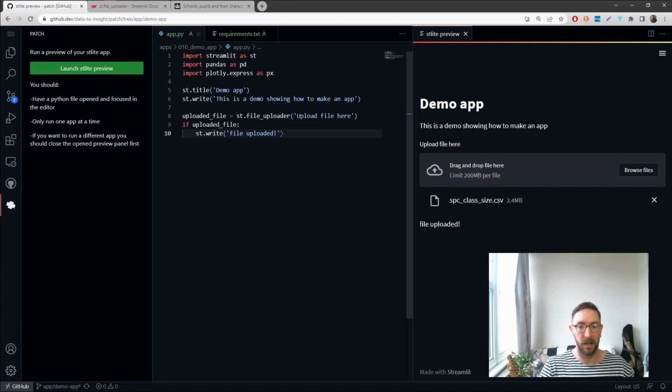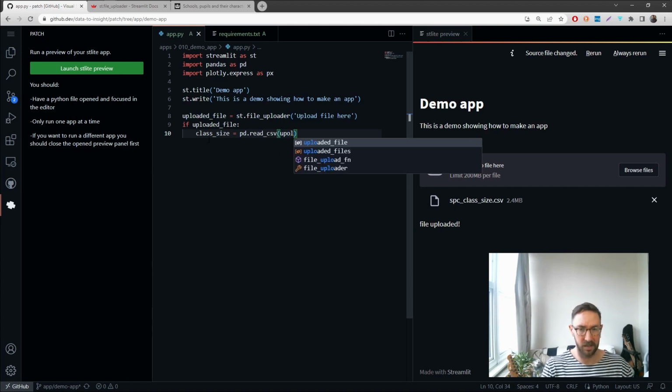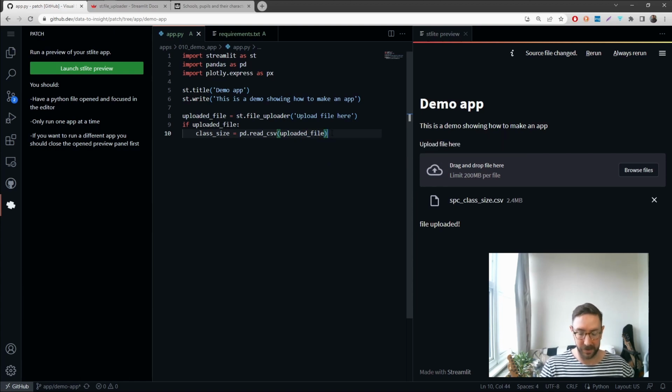So let's do something a bit more useful than that. Let's read it in as a data frame. So class size equals pd.read_csv, same as you would normally, uploaded file, and let's then display this uploaded file in our app. So st.table,